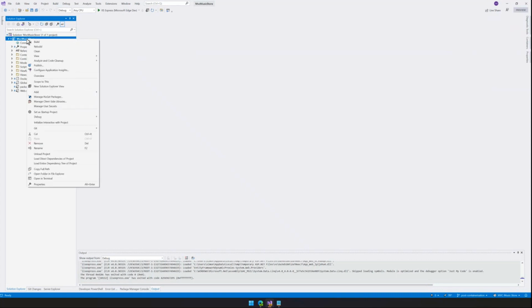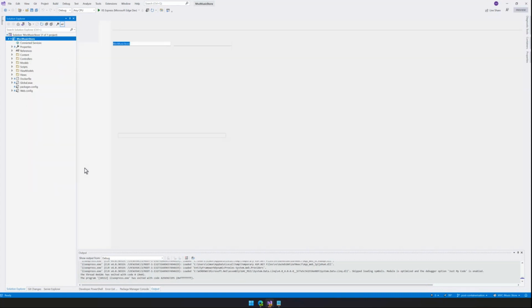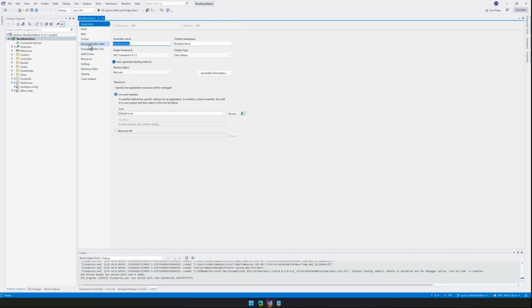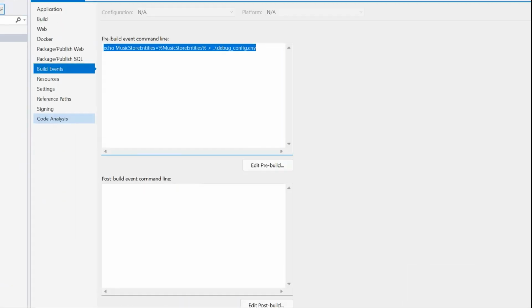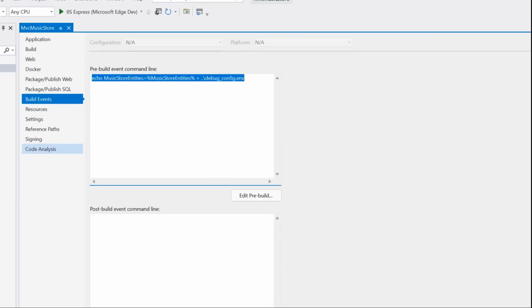And the way we create that file is we actually do use a build task here. So if we go to a build event and we look in here at pre-build events, what I'm doing is I'm echoing music store entities, which is my environment variable, and I'm piping it into the file, which is in the root of the project.